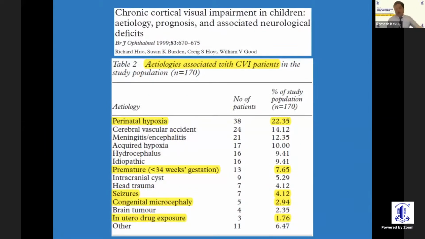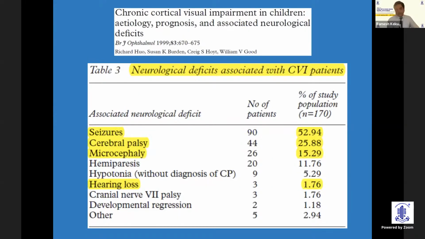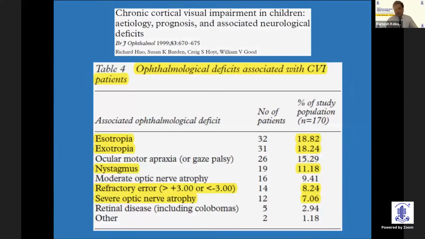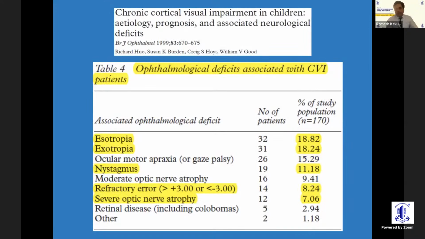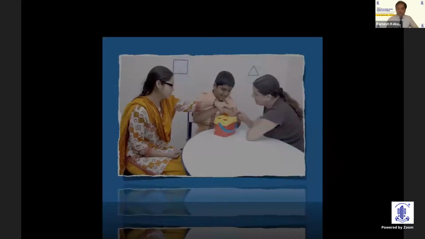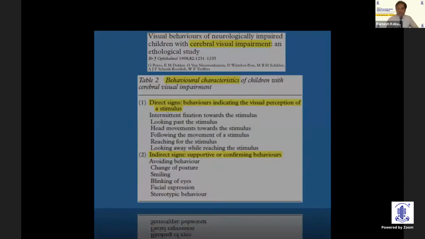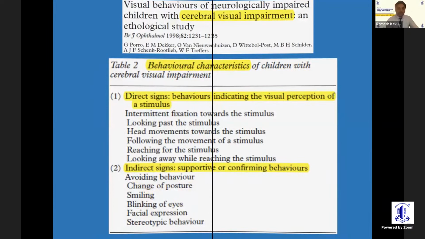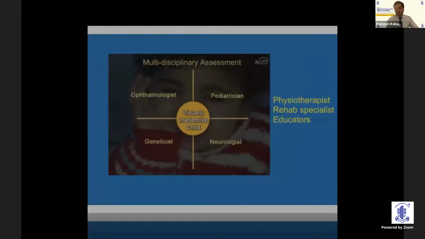And also, what are the top causes for this problem in children? Most of them are caused by perinatal hypoxia. Seizures, cerebral palsy, and microcephaly is the most common associated problems they have, and they can also have varied esotropia and exotropia. Visual rehabilitation, child rehabilitation is the most important. It has to be multi-systemic, not one way. You have to do a lot of behavioral characteristic changes in children with this, and you need to work them probably for many years to get the good